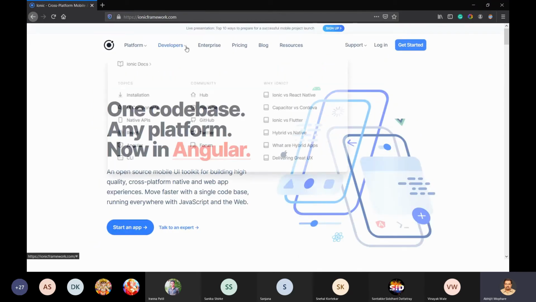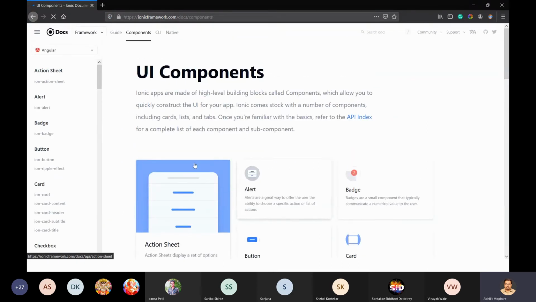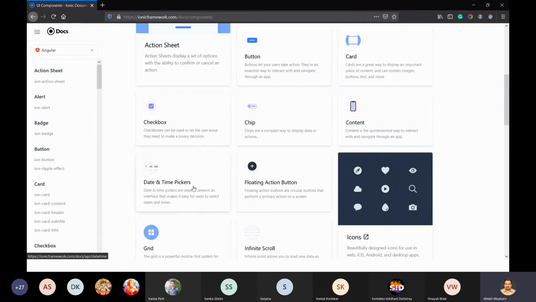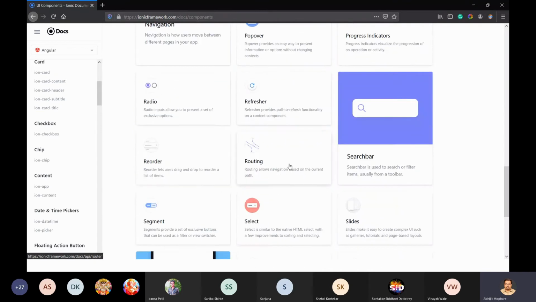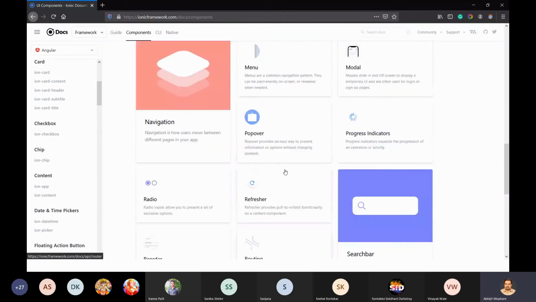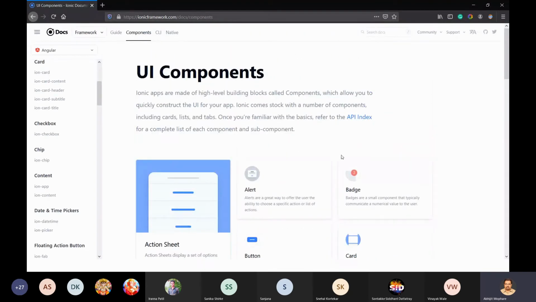There are so many UI components that you can have, and this is what normally you will see on your mobile. Buttons, cards, checkboxes. These are all different types of UI components which are designed and developed using HTML, CSS, and JavaScript. Since all of you use mobile, whatever you see on the screen and interact with is developed using such technologies.